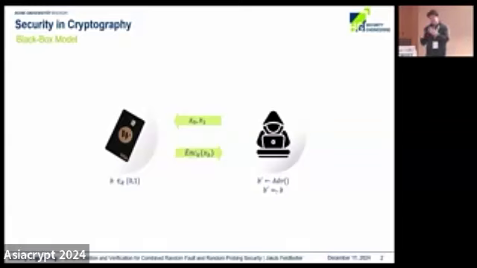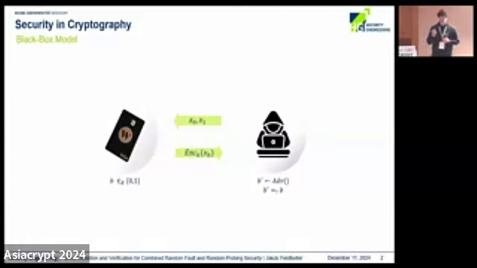And then we say that the algorithm, the encryption, is secure if the adversary cannot determine which of those 2 plaintexts was chosen by the algorithm. And this is a black box model because we really assume that the only knowledge that the adversary gets is the encrypted part of the